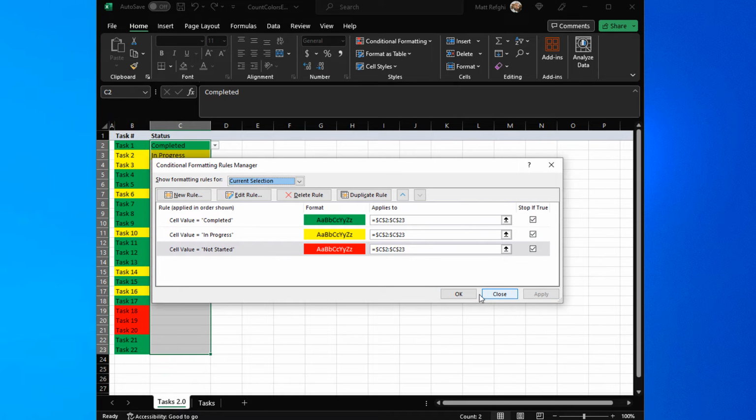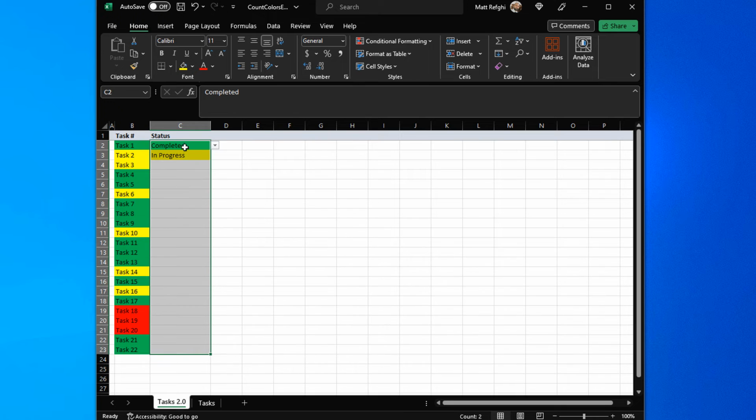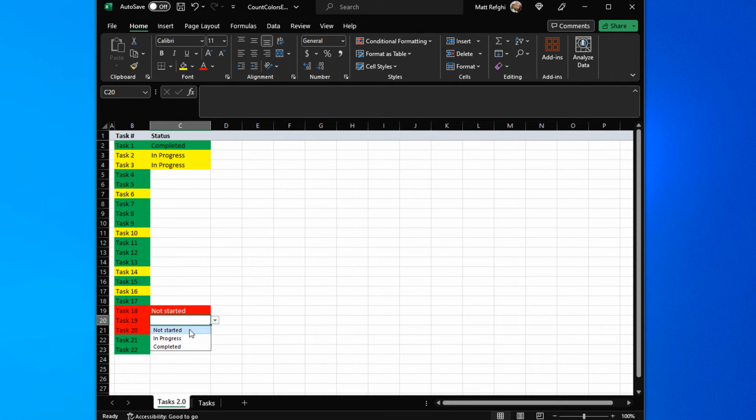I'm going to click apply. I'm going to click OK. There you go. You can see that completed already took effect. In progress took effect. And if we go ahead and we just continue to plug in the proper values here, not started, then you'll notice it just automatically knows what to do. This is great. Now, like I said, the benefit of this is that you can actually, I'm not going to do them all at this point, but just to show you the benefit of this is that you can count